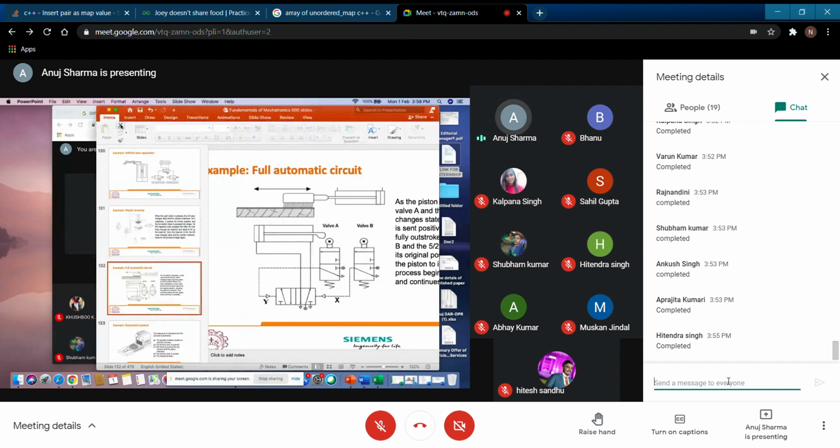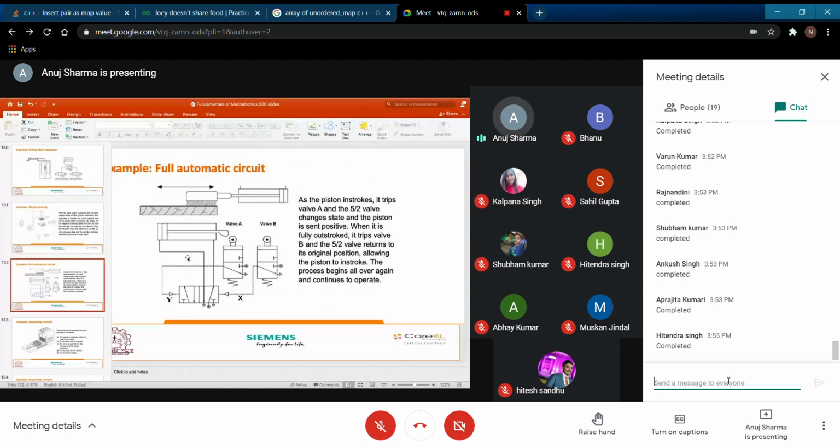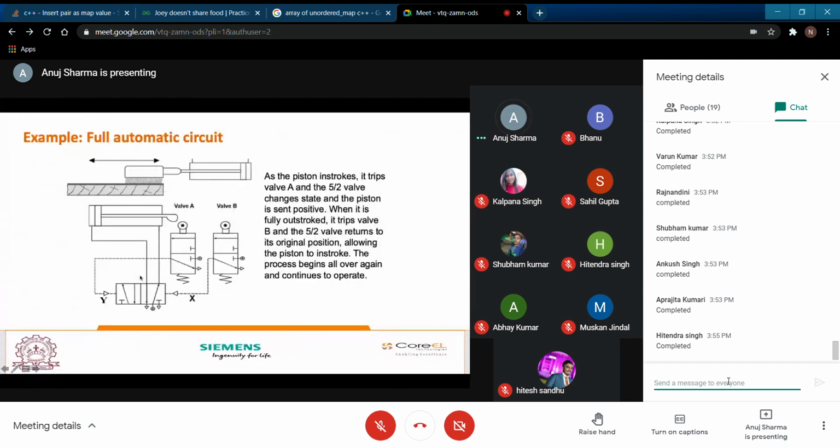Sorry for the interruption. So for that particular case, your valve B was tripped. When B was tripped, this moved in this particular direction. The air rushed from this pneumatic line and shifted this DCV into the left-hand position. Now, this box will come into action.